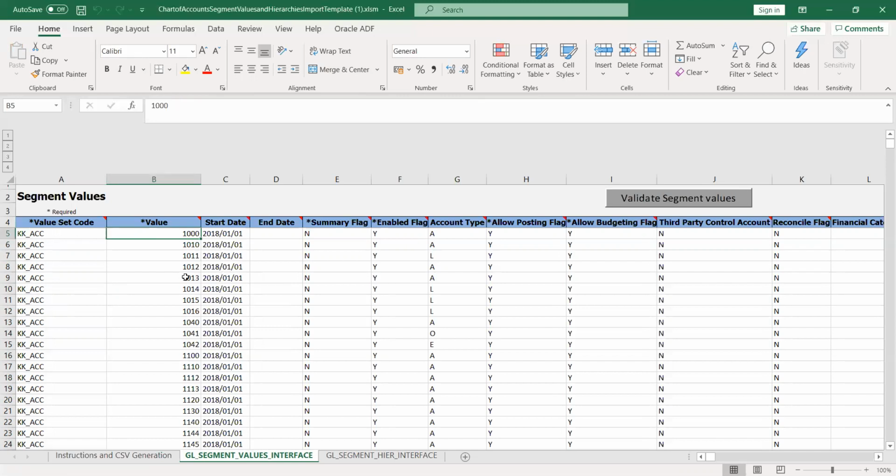Okay, so the next value that we have is the account code numbering system.